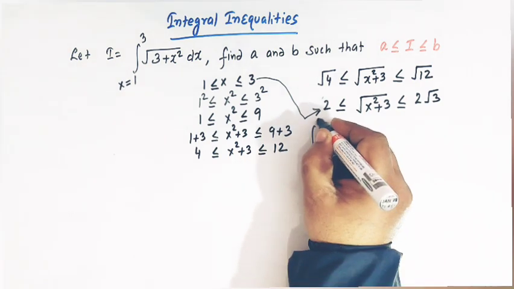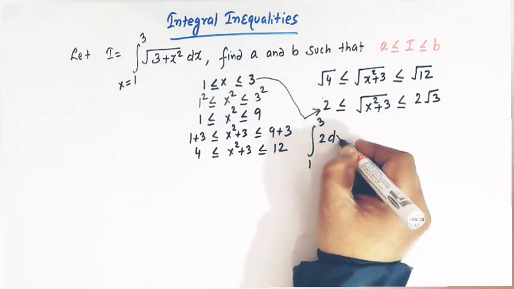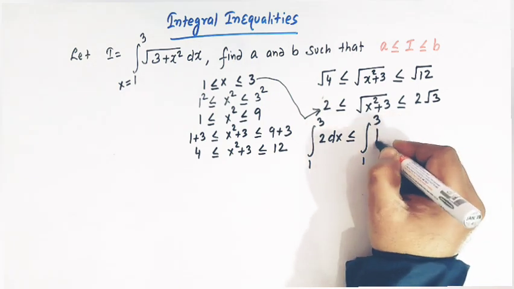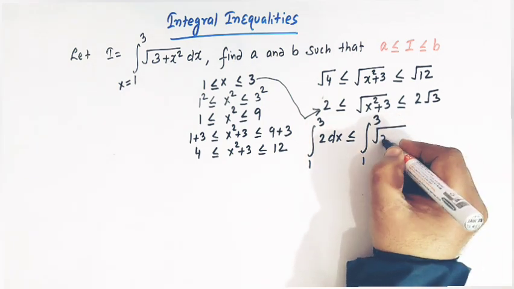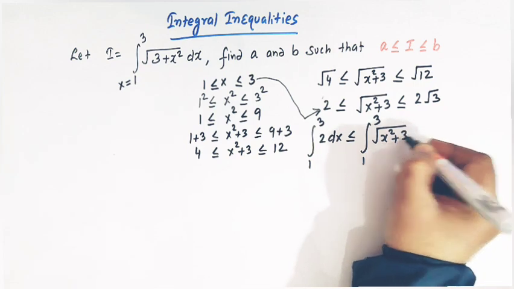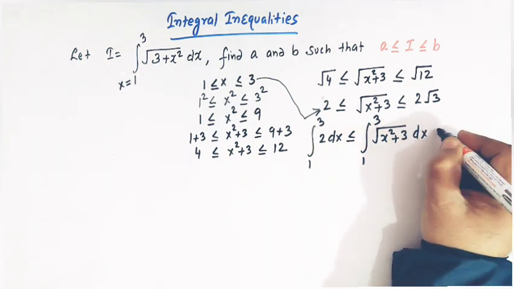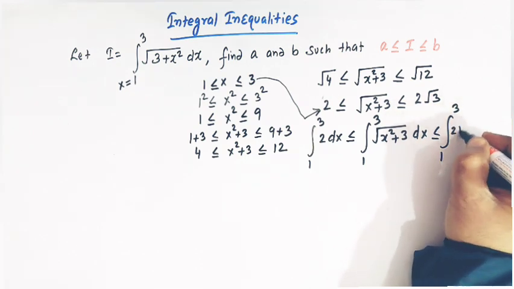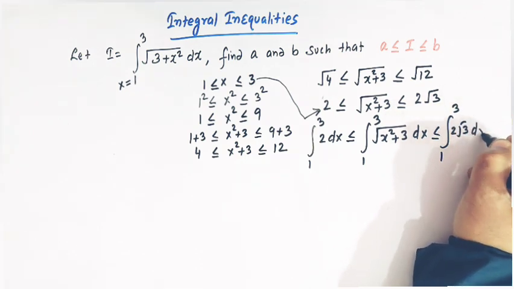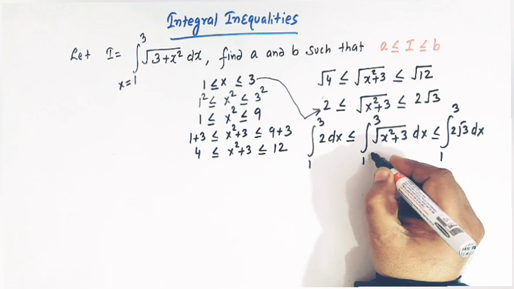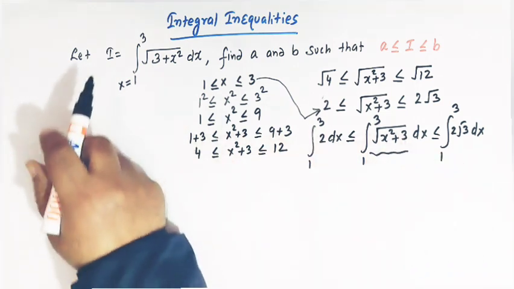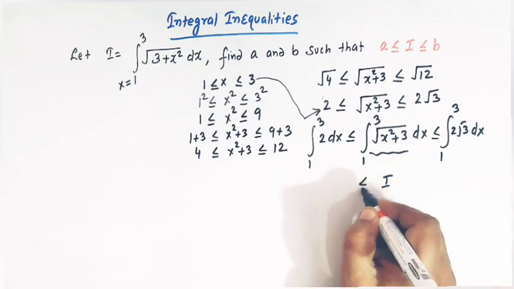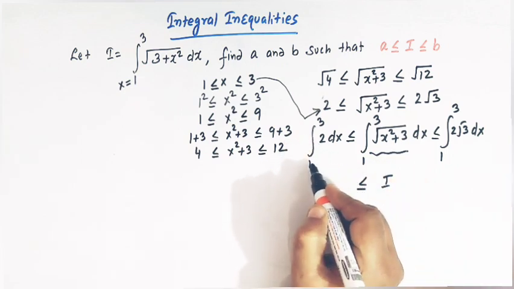So we have integral from 1 to 3, 2 dx, and here we have integral from 1 to 3 square root of x square plus 3 dx, and then we have integral from 1 to 3, 2 root 3 dx, right? Now this integral is our original integral I, so here we'll write I,